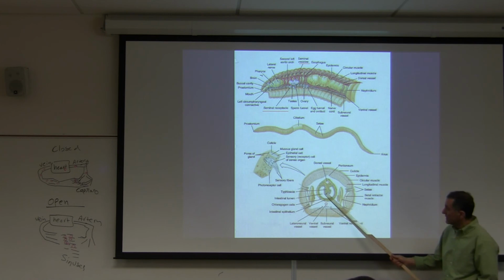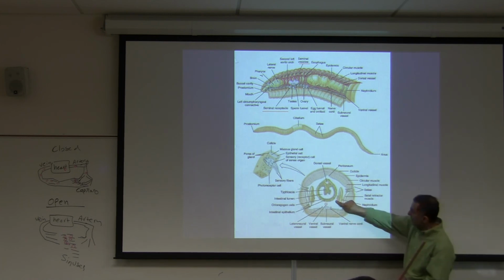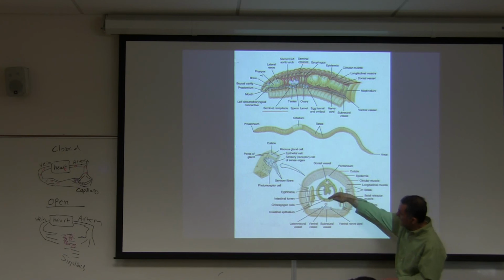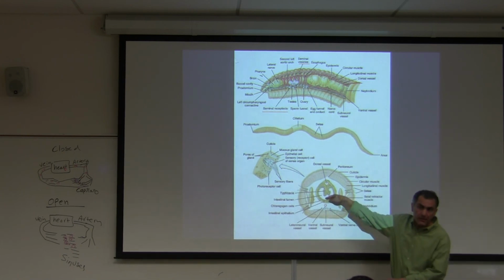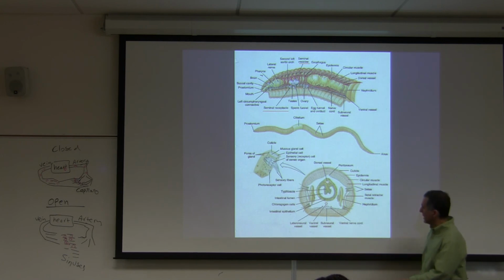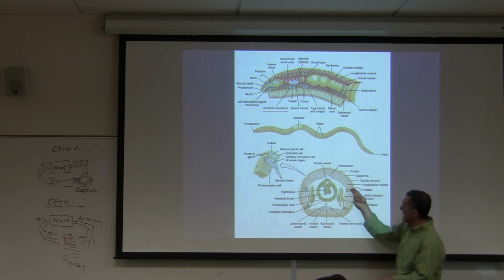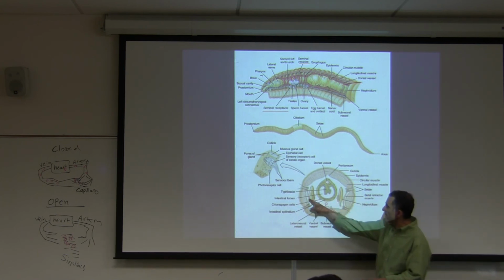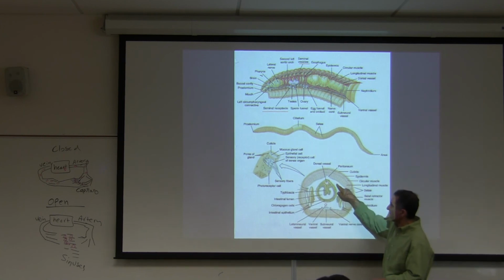Cross section, typhlosole, outside layer, the yellow one is the chloragogen cell layer, and the inside is epithelial cells. Simple columnar epithelial cells. The typhlosole is the fold inside. Don't worry about the blood vessels in here, either one, dorsal. Setae, you can see the setae, nephridia. Coelom, the white area is coelom. Why is it coelom? Because